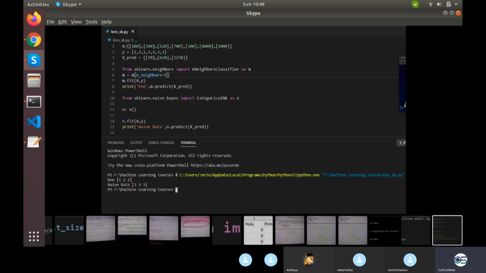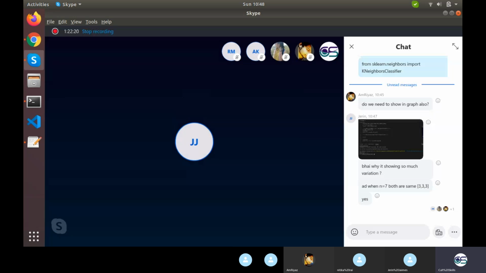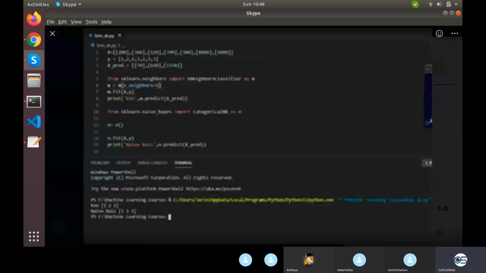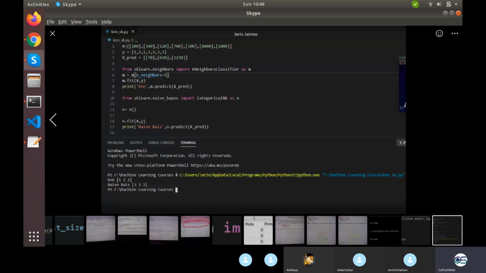Now as far as the other part is concerned, you gave the value of 122 with KNN, and your question is, when n is equal to 7, both are the same. Well, 333 is not something which should be taken into consideration, because it's not good enough. And why naive Bayes is giving this — it's not naive BAIS, it is BAYES, first thing. Second, why is naive Bayes giving this? Because I told you already that this is not a good algorithm to be considered. Instead, SVM might have given you a good result, better than this rather.